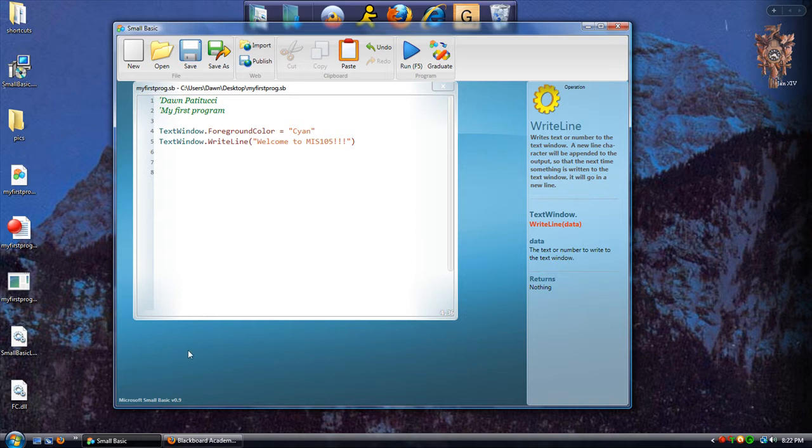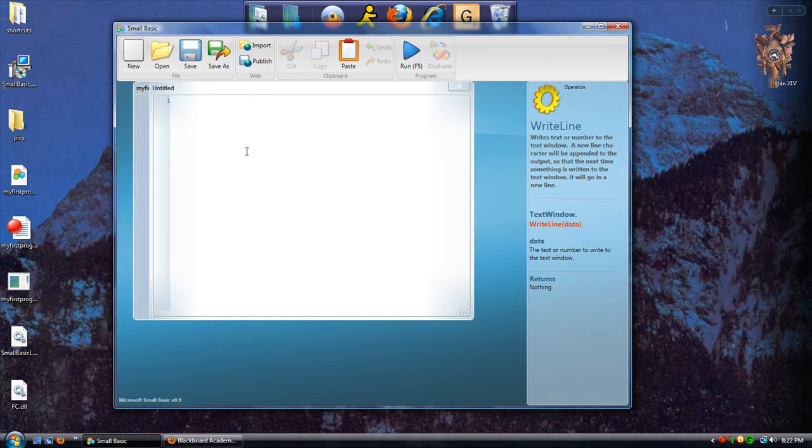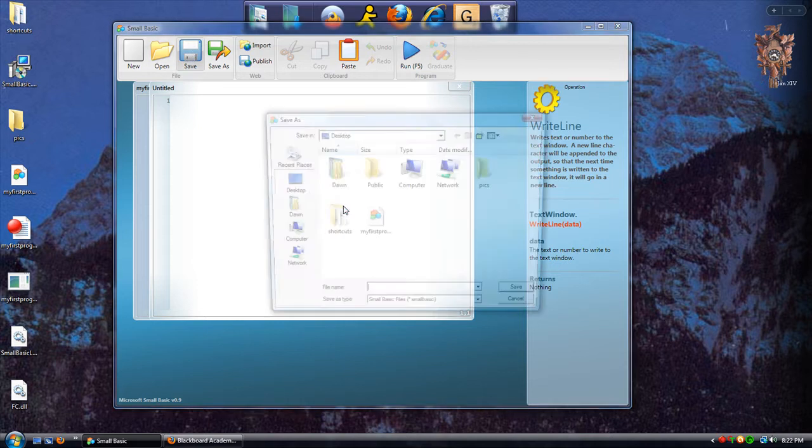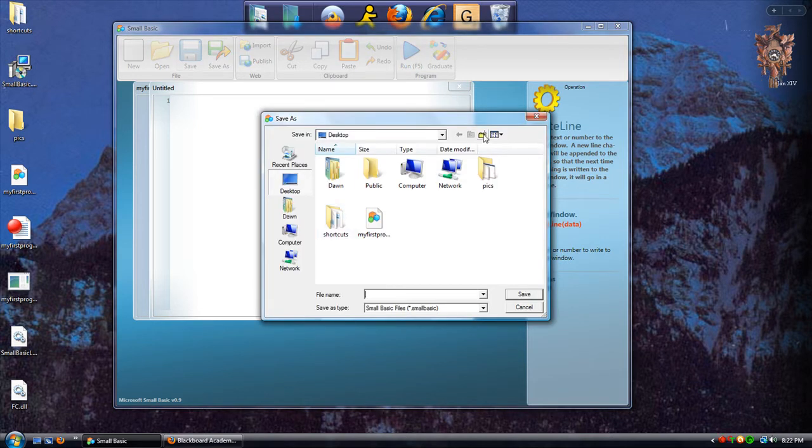So knowing what I know now, next time I create a program, I'll create a brand new program here by clicking the new button, and then when I go to save that program, and this will be a good habit to get into, before I save the program file, I'm going to create a new folder by clicking this button. Okay, so I'll put a new folder on the desktop. I'll just accept that default name, and I'm going to get into that folder,